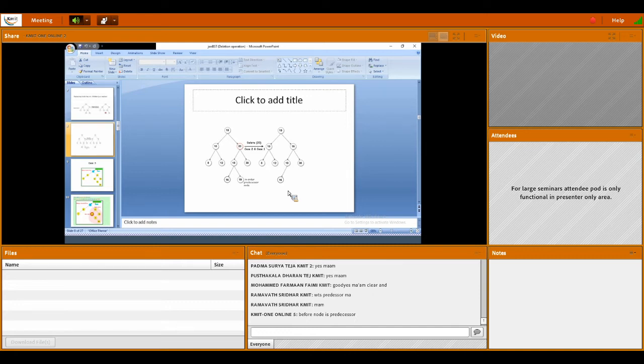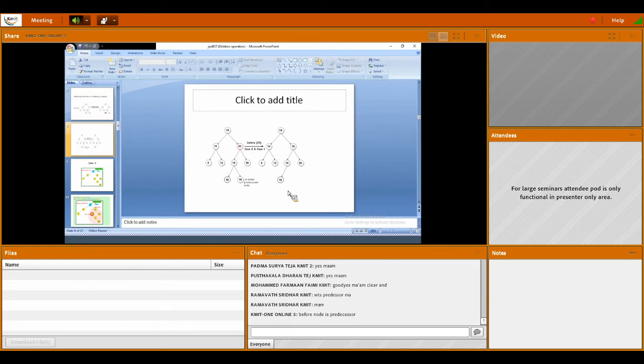Still, first of all we have to find a replacing node. Whenever we want to delete a particular node, we have to find a replacing node. How to find a replacing node? Either in-order predecessor or successor we have to use. In-order successor means selecting the minimum value in the right subtree and directly replacing it. The replacing node is important here. Here the replacing node is 19.